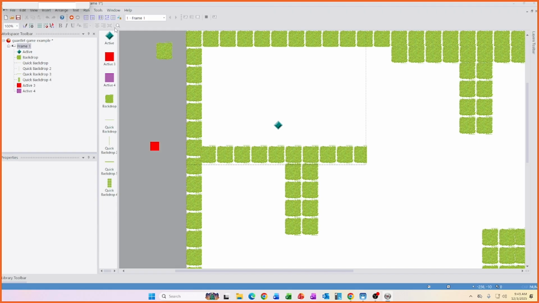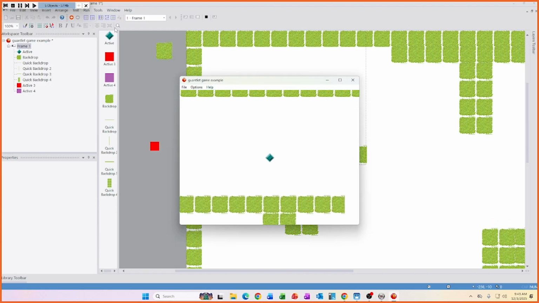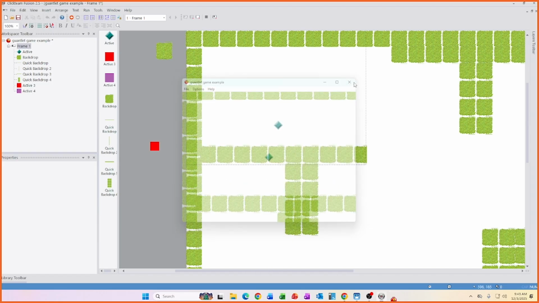So let's see how this runs so far. I'm moving around in my 8-direction movement. I'm able to shoot a projectile. So everything's going great. The only problem is I don't have any sort of enemies for me to be able